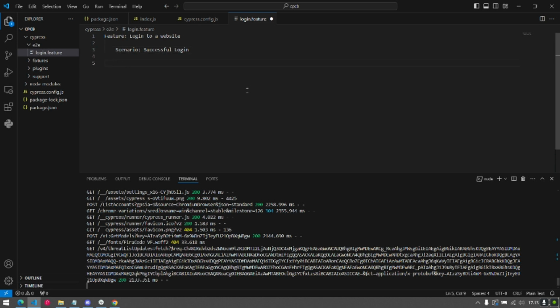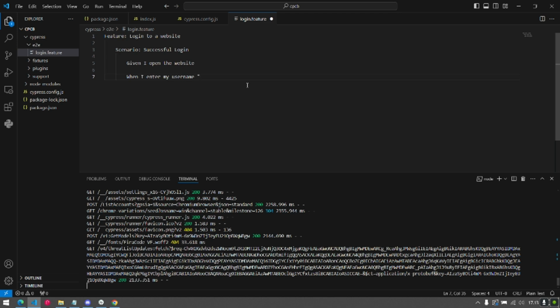Below the scenario we add steps: open the website, and when the username.